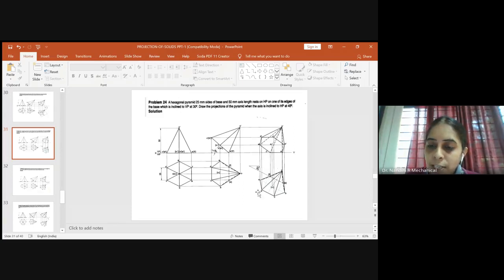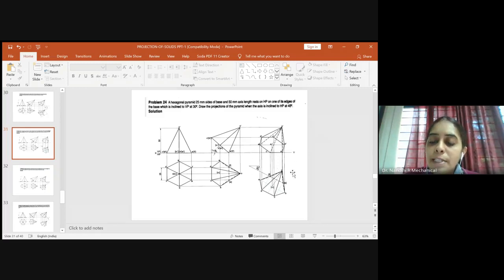Once we construct the last stage top view, we need to see how the final stage front view looks. For that, we have to take the projection from each corner. Please take the projection from E, D, C, B, A, F, O1 and O. Then extend the projections from our front view also: from O1, C1, O dash, C dash, D dash, O1 dash, B1 dash, E dash, and A1 dash, F dash.